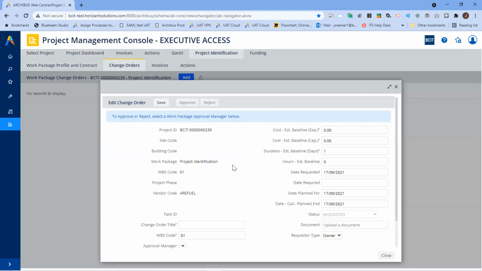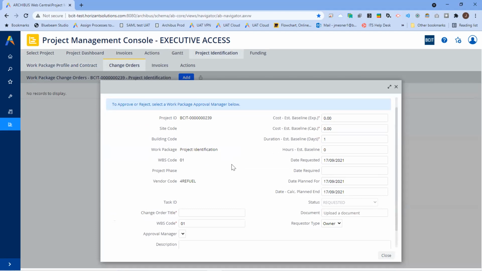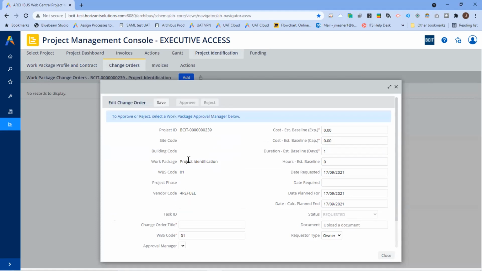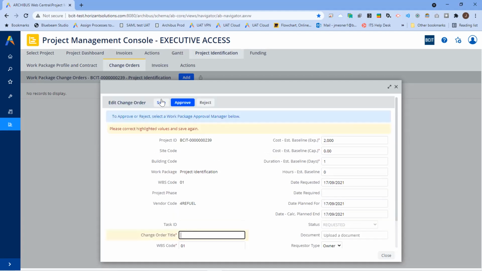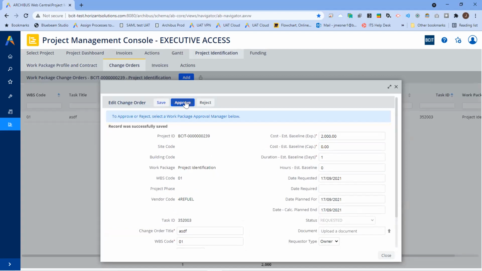If you didn't do the step that I just articulated, you're going to come down and look for an approval manager and it won't be there. So let's go through and change this by $2,000 just for fun. And let's choose an approval manager and press save. It's going to give you any mandatory fields you need to enter and approve